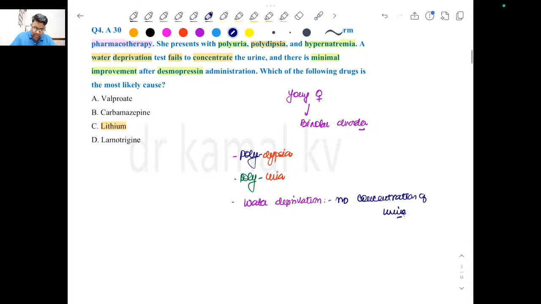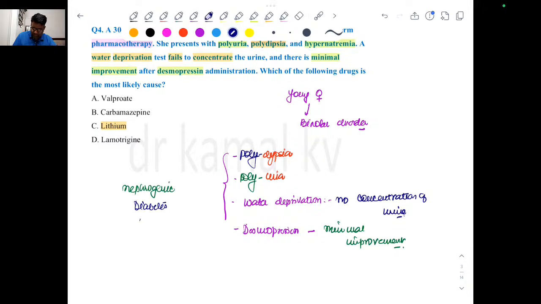And on giving desmopressin there is minimal improvement, meaning minimal concentration. So what is happening here? This is a classical case of nephrogenic diabetes insipidus, right? So this is a classical case of nephrogenic diabetes insipidus,